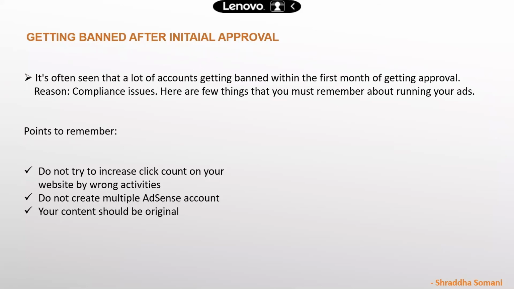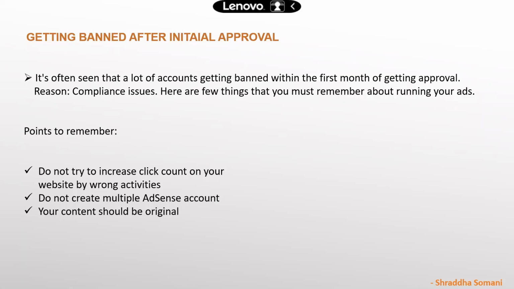Okay, so if you got banned, what you can do is, right? So there can be a compliance issue. What can be the issue? One, as I told you, your content is not original. You are creating multiple AdSense accounts and you are trying to increase the click count on your website by wrong activities. Now, what do I mean by that? Advertiser has placed the ad.